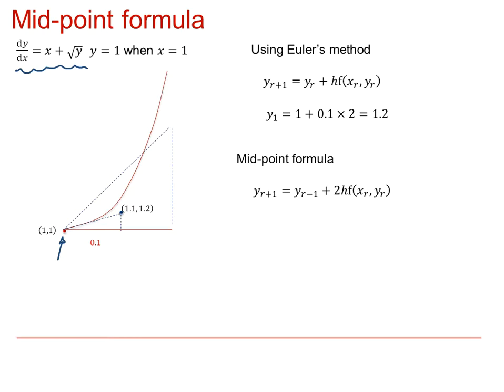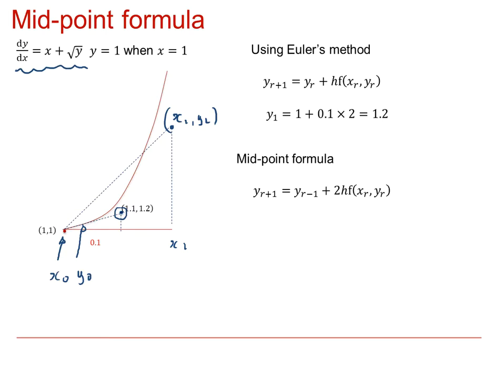Now that was using the idea of the gradient at the start of the interval. But now using the midpoint formula, we can work out the second point, which will be x2, y2, but this time using the gradient of the line at the middle of our interval between x0 and x2. In other words, the gradient at this point here,